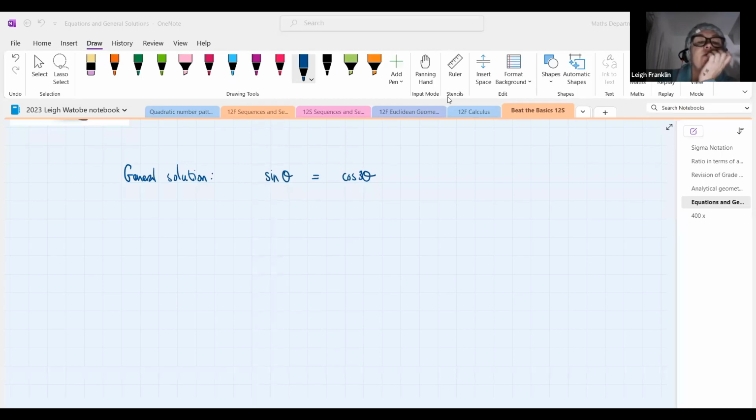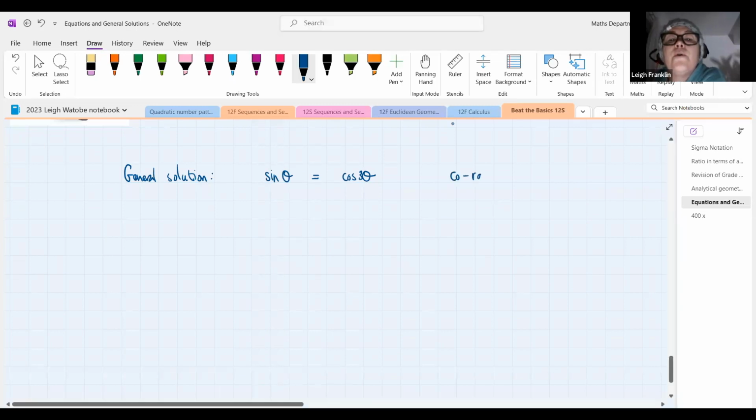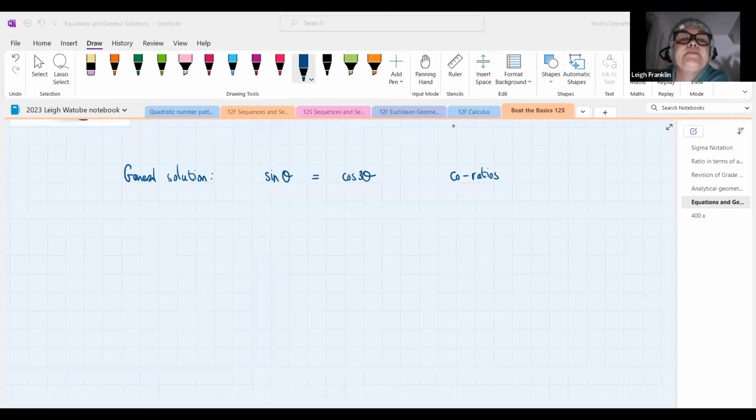Eagle says 2a plus a, sure. It might end up being very long if we use a compound angle, but yes. Jude, there we go, co-ratios. That's the easiest way to do this question, is to use co-ratios. Because your angles are not the same, you cannot divide by cos 3 theta on both sides. If we use co-ratios, what we would end up doing is we would say sine theta would be equal to,